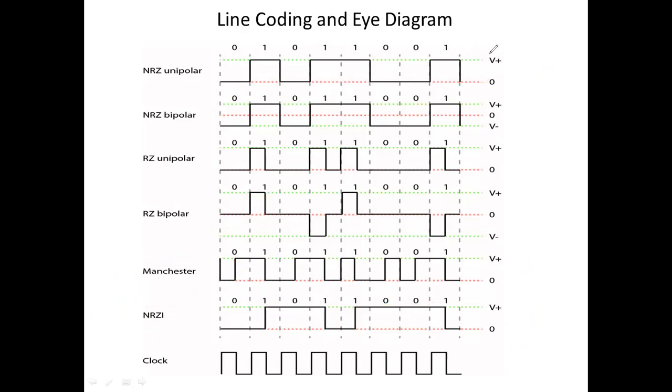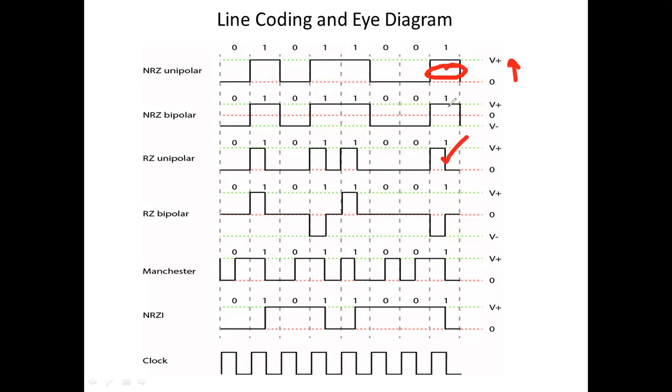So for more of this I expect you to refer to DC. I hope you have studied this already. Now, what has the eye diagram got to do with it? When you decide to go for a certain choice of a code, how do you choose a particular code? Choosing a particular code determines whether you are okay with the DC content or you need some AC. Can you differentiate, is it consuming a lot of power, or can you manage with as little power as